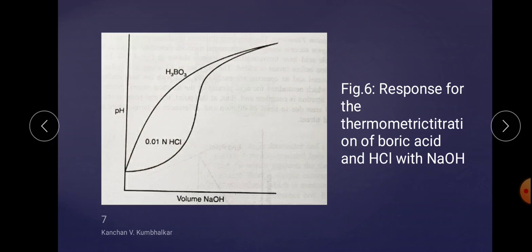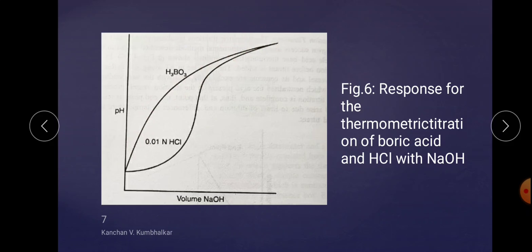It is clear that the process used to derive the plot in this figure is easy to use for the titration of boric acid. It is much easier as compared to the HCl. There is NaOH titrated against HCl, NaOH titrated against the H3BO3. So in this case the boric acid is much easier as compared to the HCl. It can be seen that the temperature of the mixture increases until approximately 4.5 ml of titrant has been added to the sample.